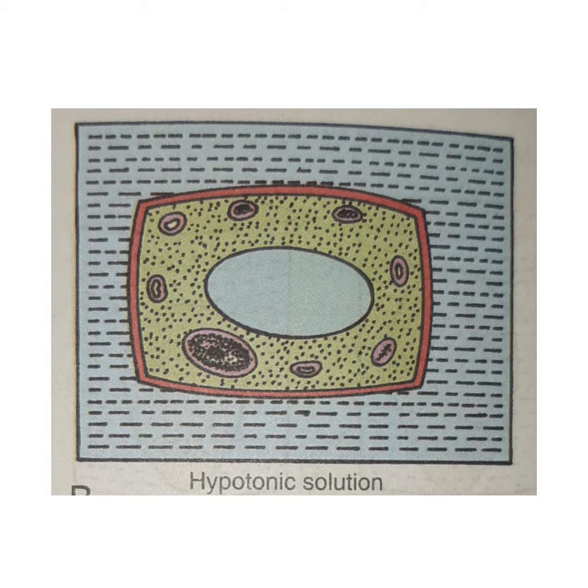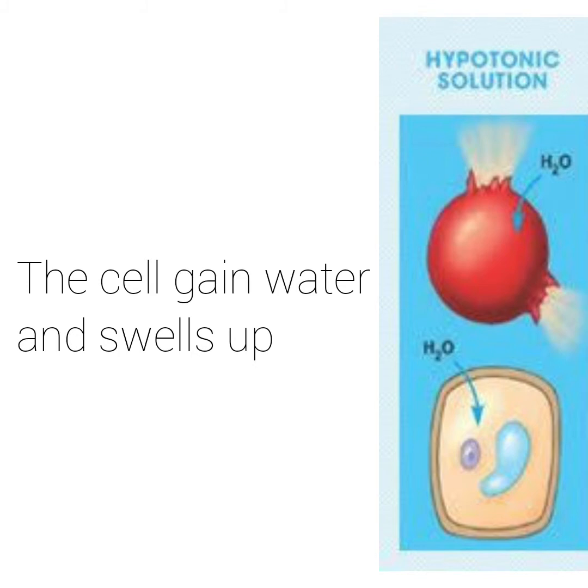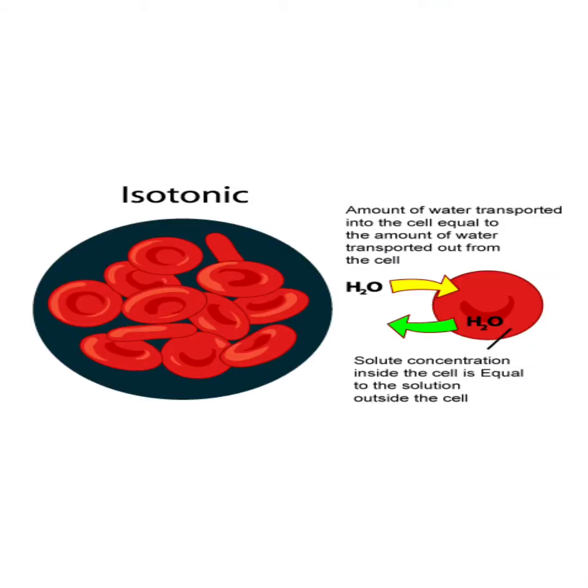While water molecules are free to pass across the plasma membrane in both directions, more water will enter the cell. The overall result is that water enters the cell. In such a situation, the cell is likely to swell up, that is, become turgid. Example, put dried raisins in plain water and leave them for some time.